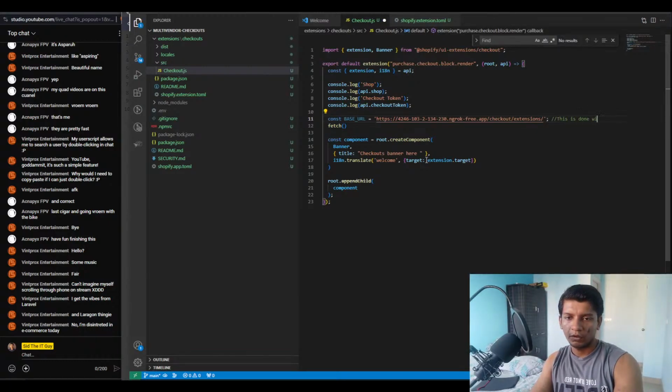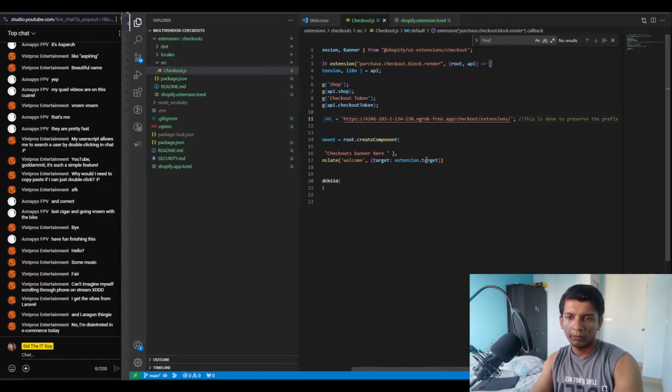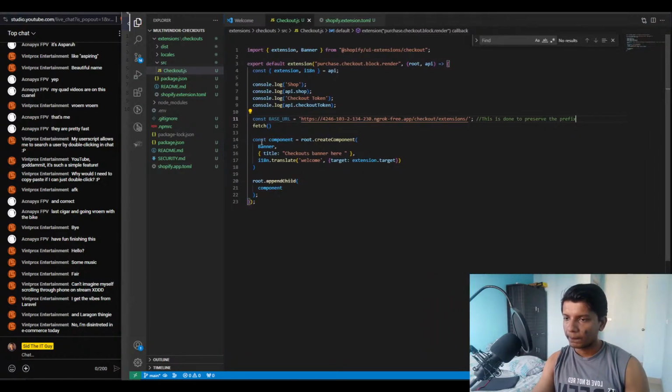This is done to preserve the prefix. Then I want to do base